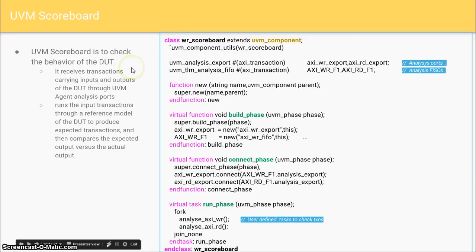UVM scoreboard. The purpose of writing a scoreboard class is to check the behavior of the DUT. A scoreboard will receive the input transactions and output transactions through a monitor, and the input transaction received is passed to a reference model, which will model or mimic the behavior of the DUT